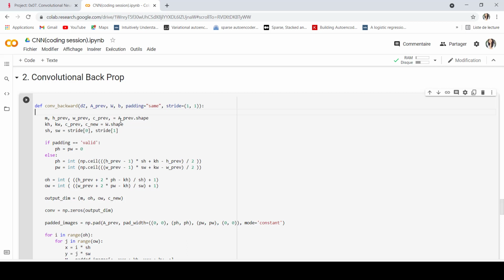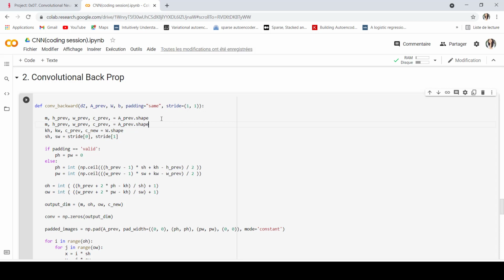Here we have m, the shapes of A prev, and the shape of dZ. The kernel will have the same shape, and then we have the stride.